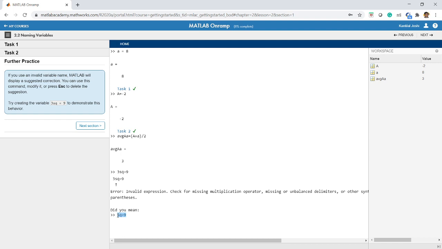The takeaway from this simple naming variable session is that MATLAB variables can have letters, numbers and underscores, and they have to start with a letter only. It can be a capital case letter or a small case letter. Second thing, capital case letters and small case letters are two different variables in MATLAB. So capital A and small a are different things, and MATLAB is a case sensitive language, so the variable names are also case sensitive. This much you have to remember. Great. Let us move ahead to the next section, which is saving and loading variables.